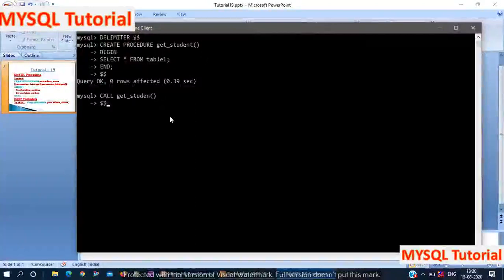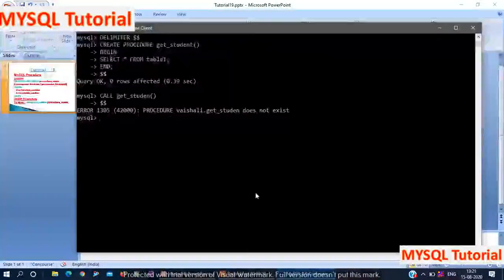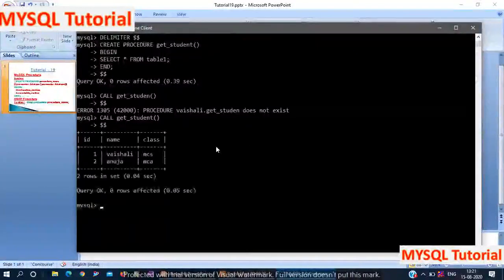Then again this symbol. This procedure is already created. Here you can see we got this output.